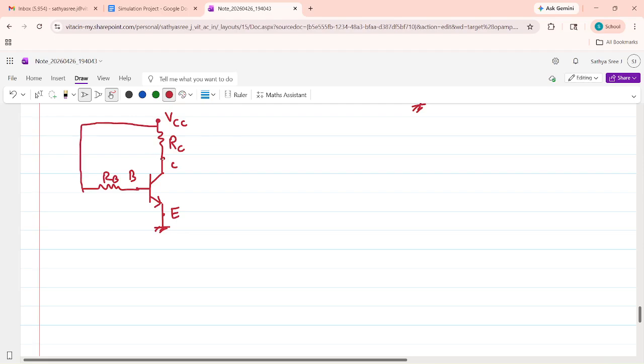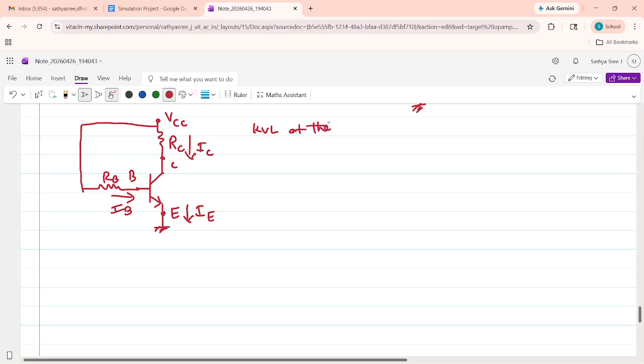The first thing is the current flowing through the collector terminal is IC. The current flowing to the base terminal is IB. The current flowing to the emitter is the emitter current, IE. Now, I will write KVL